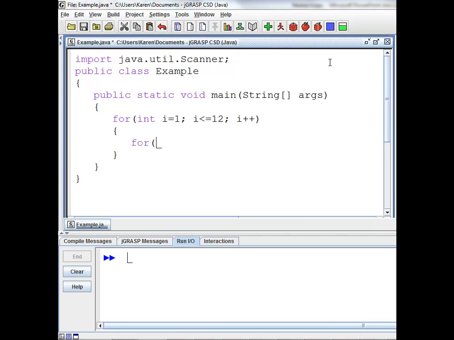So this one, for int, I'm going to call it k equals 1, while k is less than or equal to 12, we're going to increment k. This way, the inner for loop is going to iterate 12 times for every one time that the outer loop iterates. So inside this one, we're going to say